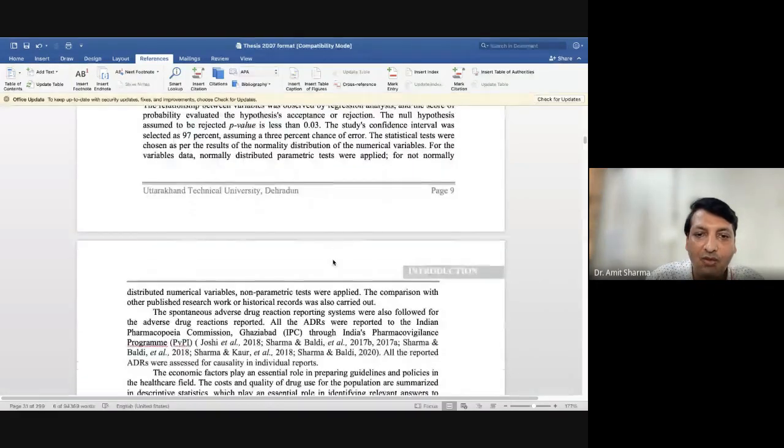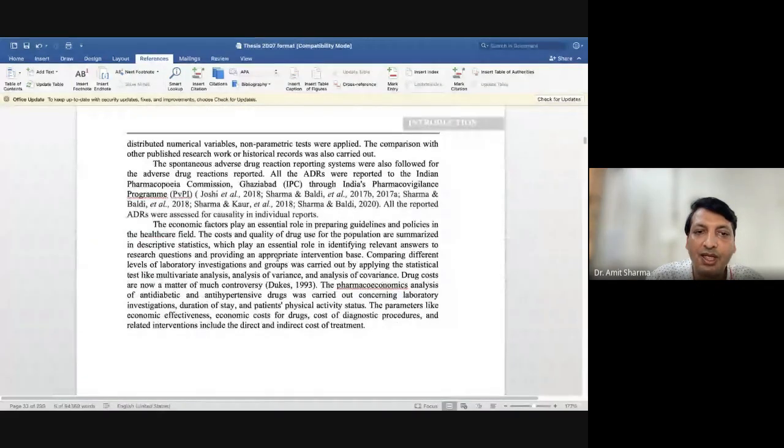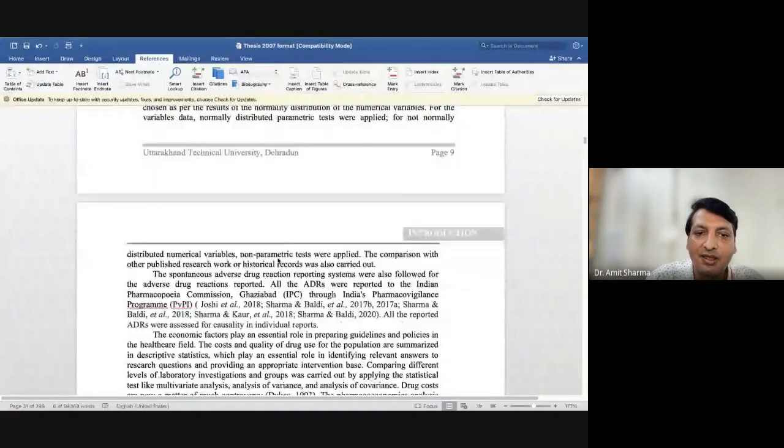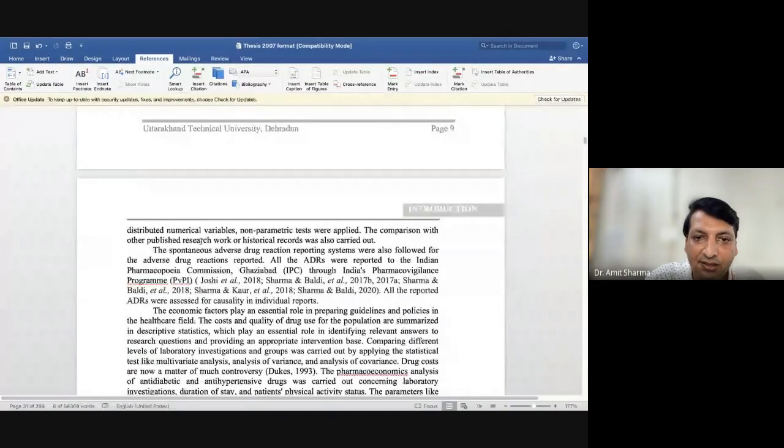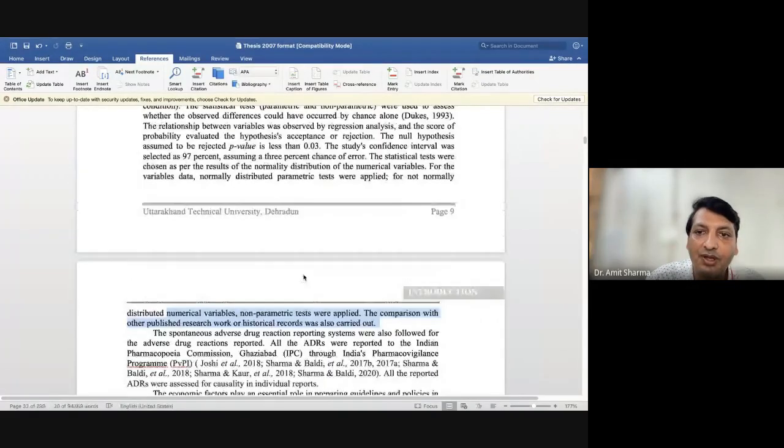And for how you are going to do the statistical analysis, directly write which parametric test will be applied, and what the decision rule was, that is, how you decided that you will go for parametric or non-parametric.